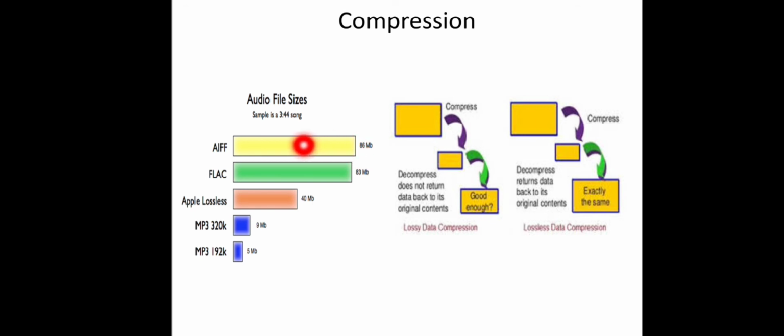Just for example, if you are reducing it, compressing it and converting it to a format like MP3, the size is just 9 MB. So almost 1/10 of the size of the original file, right? Thereby we can reduce the bandwidth consumption by this transform. Different techniques are there for this compression. It can be either lossy data compression or lossless data compression.